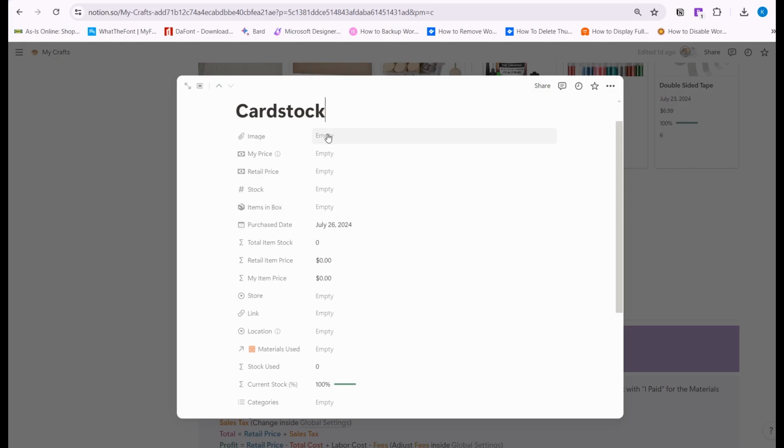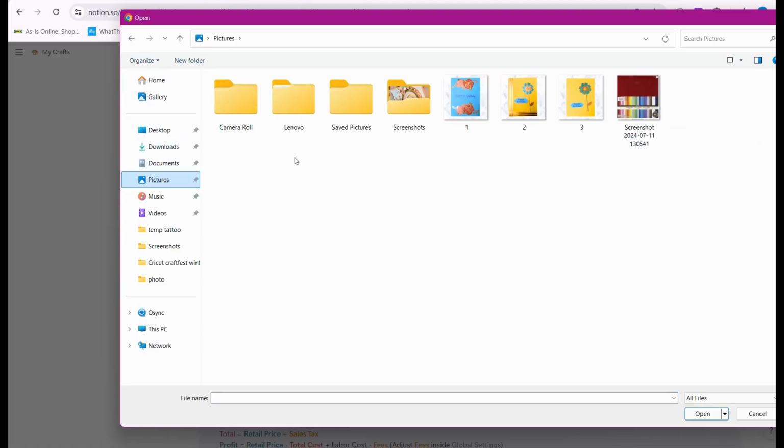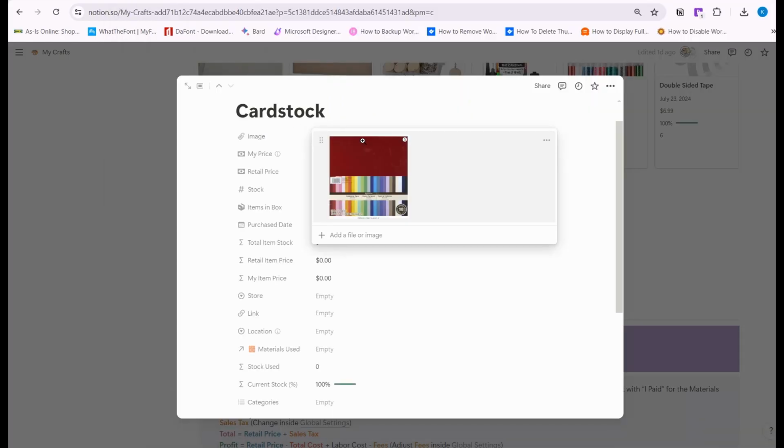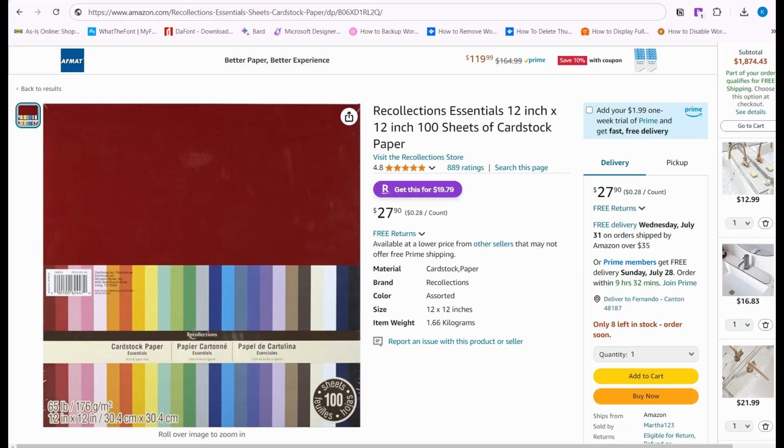So we might want an image of our card stock. So we can go and choose. And here's the card stock. So we added our card stock image there. Now I'm getting it from Amazon here. Right now it's